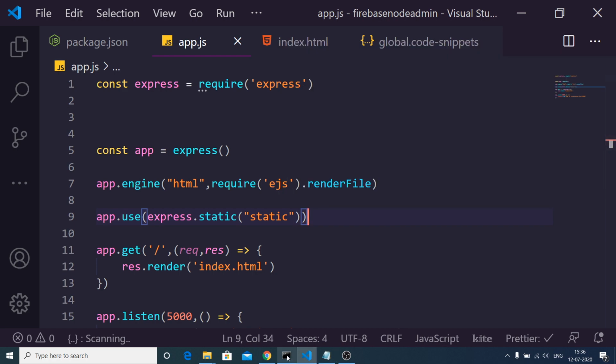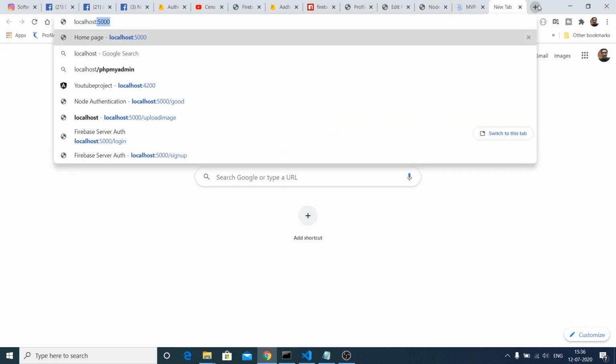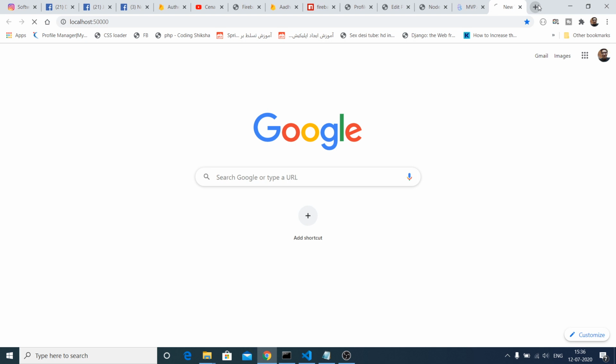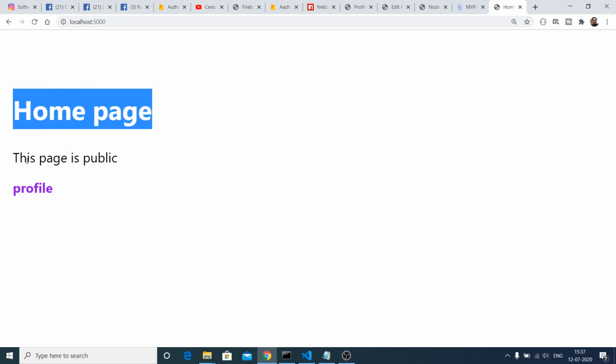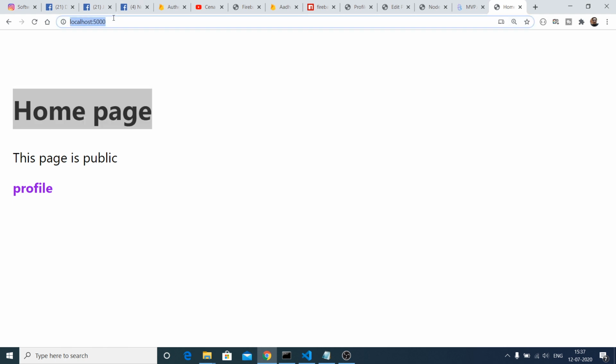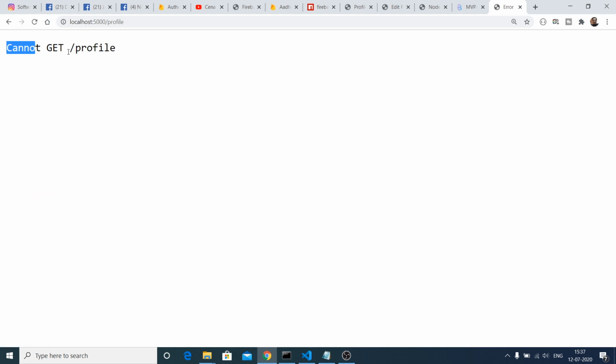And now if you load the application, if I once again go to this route, localhost 5000, sorry, this is 5000, you will see the home page. This page is public, so everyone can see this page. And if I click this, we haven't made this route yet.